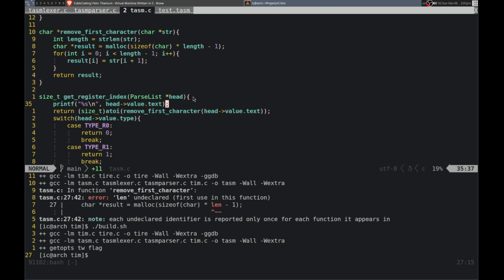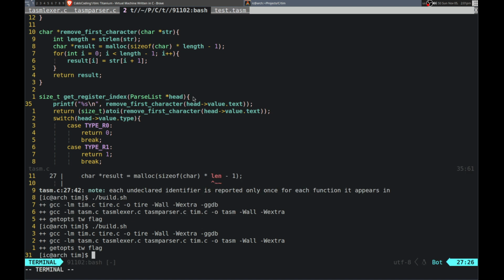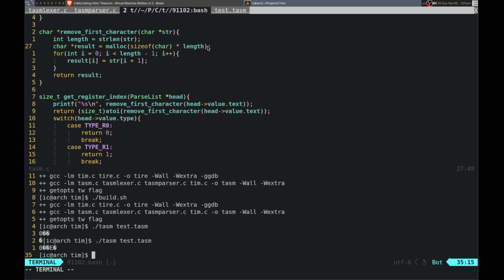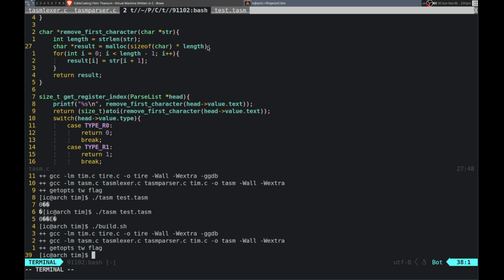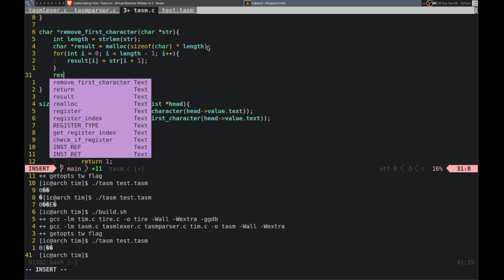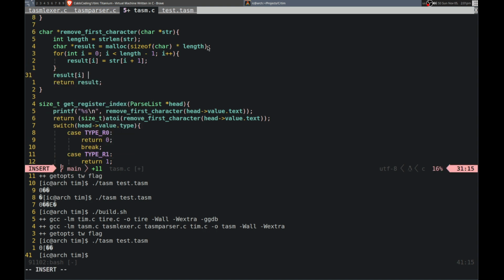So let me just print what this returns. So remove first character, and it should just return the index. So let's call that. Okay, and there's extra stuff. So we need to do this equals that. Okay, whoops, I need to rebuild it actually. And then we'll run it again. So that's still not right, because we want, I suppose we'll just do result I equals